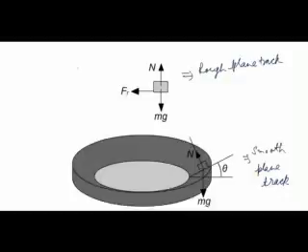So suppose there is an object which is moving in a circular path, and the track on which it is moving is rough and it is a plane track, that is, the track is not banked. Suppose the object is at some point A. This is our object. At any given point, the forces acting on the object are its weight mg, the normal reaction from the track, and the friction force, since the track is rough. The friction force is the force which is